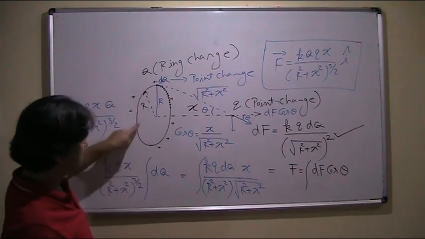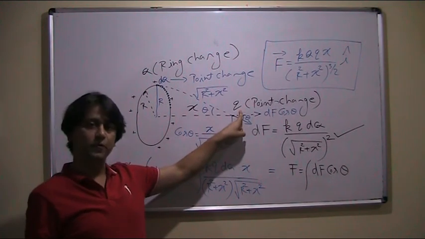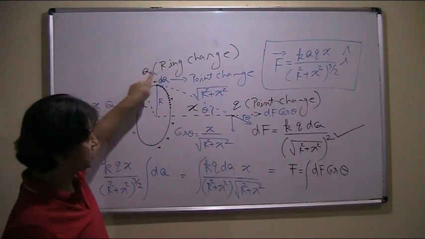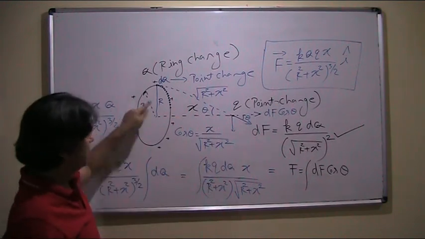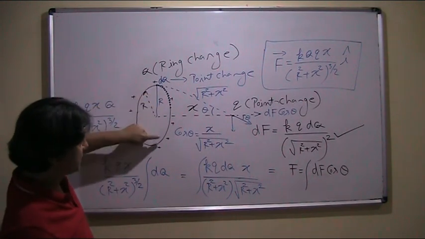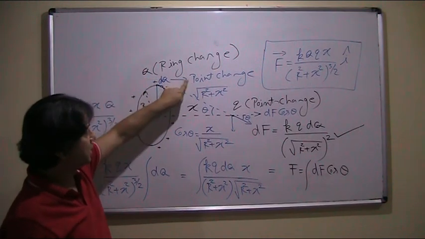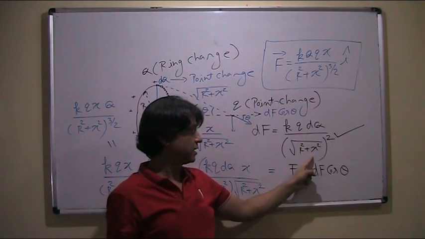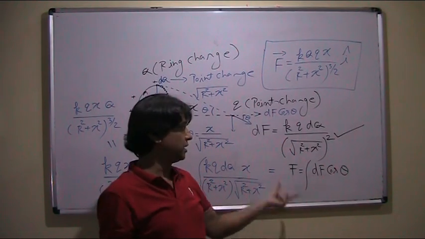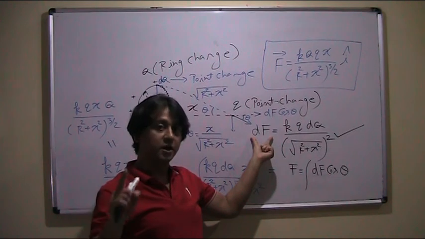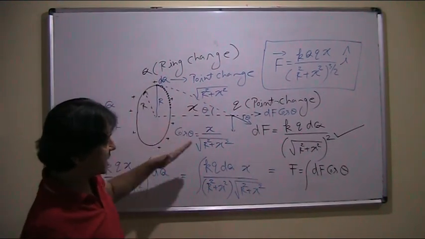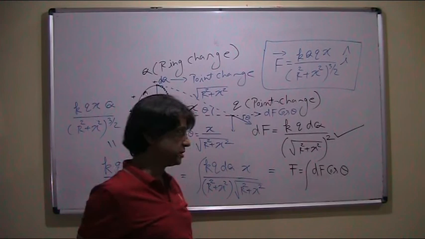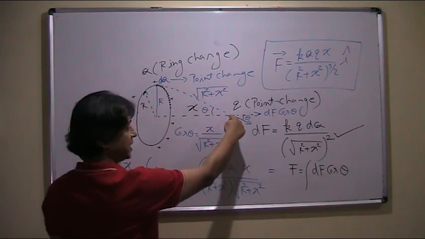हमारे पास एक रिंग चार्ज था, उस रिंग चार्ज का अपने को इस पॉइंट चार्ज पर फोर्स निकालना था। डायरेक्टली कूलम्स लॉ एप्लीकेबल नहीं है क्योंकि ये रिंग चार्ज है और ये पॉइंट चार्ज है। तो हमने क्या किया, हमने इस रिंग चार्ज को छोटे छोटे पॉइंट्स में ब्रेक किया। जैसे ही हमने इसे पॉइंट में ब्रेक किया, ये भी पॉइंट चार्ज है और ये भी पॉइंट चार्ज है। अब हम कूलम्स लॉ यूज कर सकते हैं इस फॉर्मेट में। लेकिन अगर अपने को टोटल फोर्स चाहिए तो इस df को अभी हम इंटीग्रेट नहीं कर सकते। क्यों नहीं कर सकते? क्योंकि ये अलग अलग df के डायरेक्शन अलग अलग हैं, और इंटीग्रेशन का मतलब होता कि सारे के सारे वेक्टर्स are pointing in the same direction। इसलिए हमने क्या किया, हमने इस df के कंपोनेंट्स लिए cos and sin,